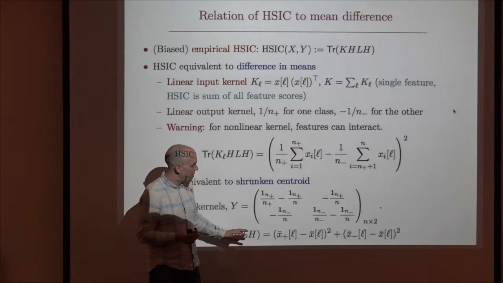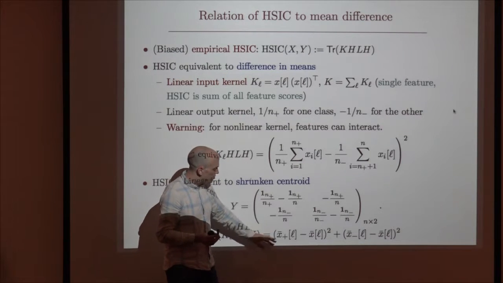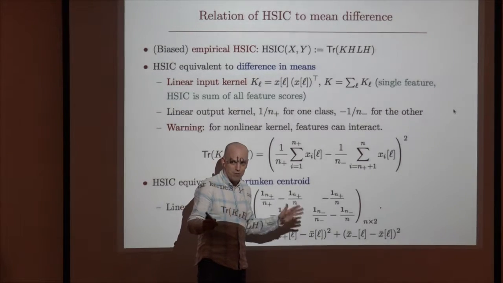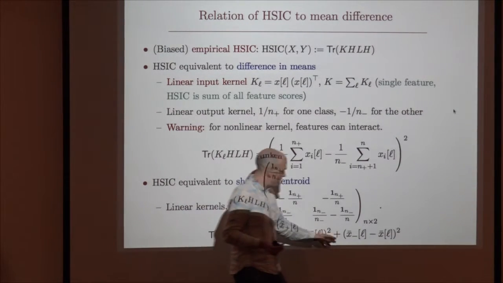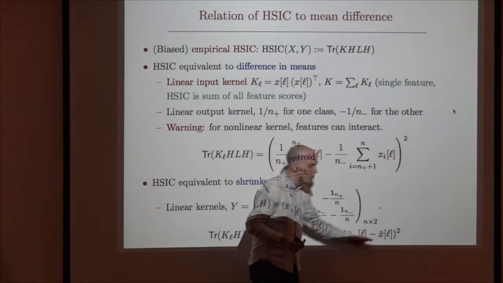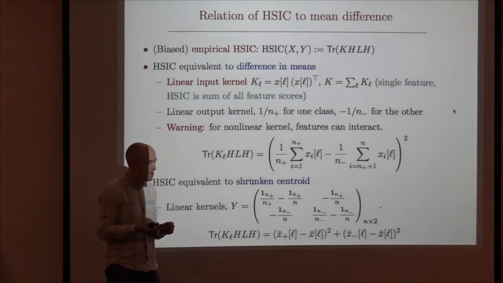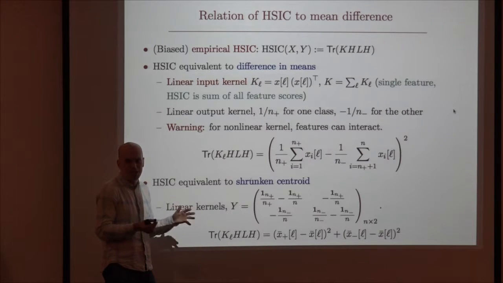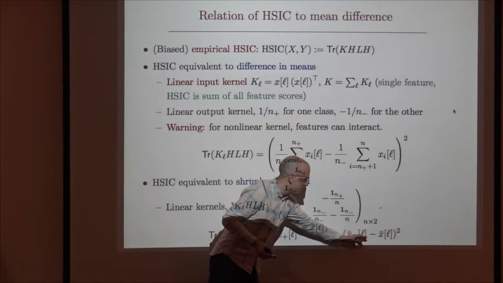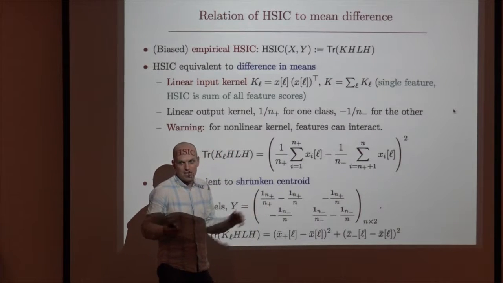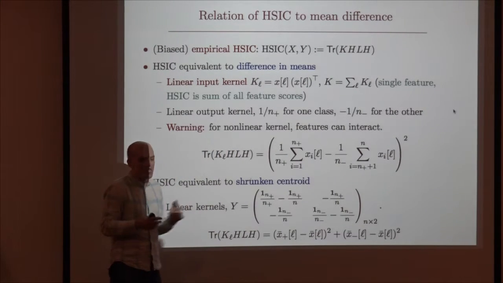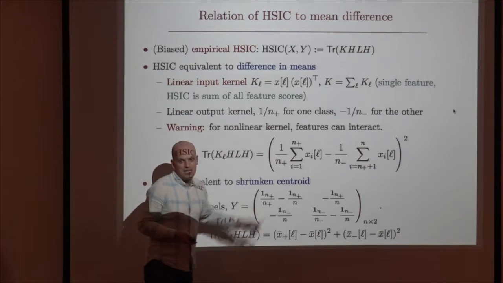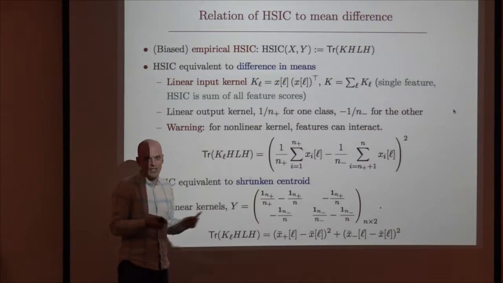So here I'm saying that a smart feature is one where the difference between the positive features and the global mean, the mean across positive and negative, plus the difference between the negative features and the global mean is large. So basically a smart feature is one where the difference between the positive mean and the global mean is large, and the difference between the negative mean and the global mean is large. So it's slightly fancier. It's not terribly clear why that's better than this, but again, it's one that's been used in the micro